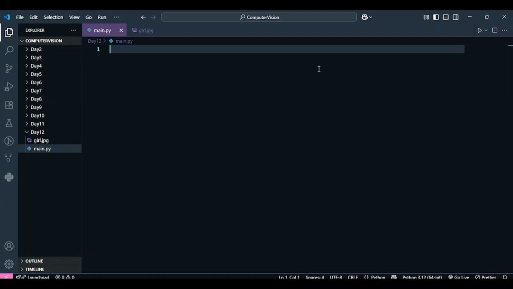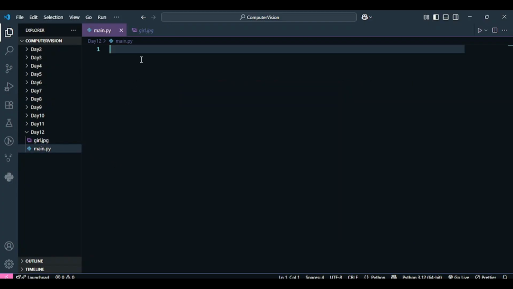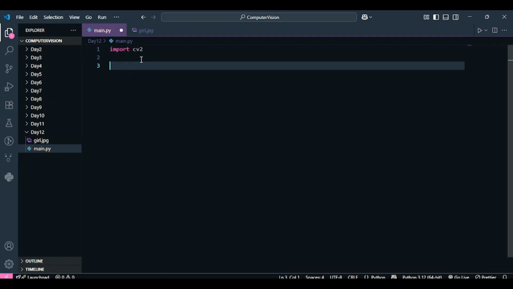Since we have to cartoonify both the image and the webcam, first we will create a function so that we can use it both for cartoonifying an image or the webcam. The image that I've chosen for this tutorial is this one, and the webcam, well, you've already seen. Okay, so let's first import OpenCV, because how can we proceed without importing this important library? Then let's start creating our cartoonification function, because once we've created the function, we can write the logic for applying it on the image, and then the logic for applying it on the webcam. So without wasting further time, let's get started.